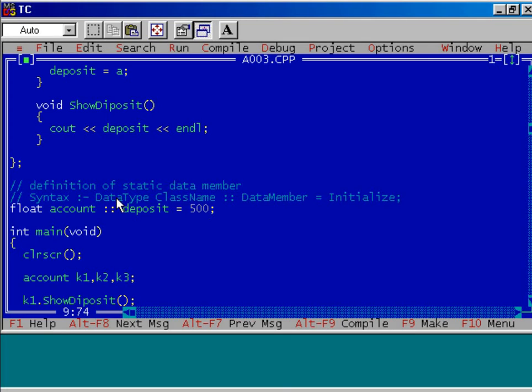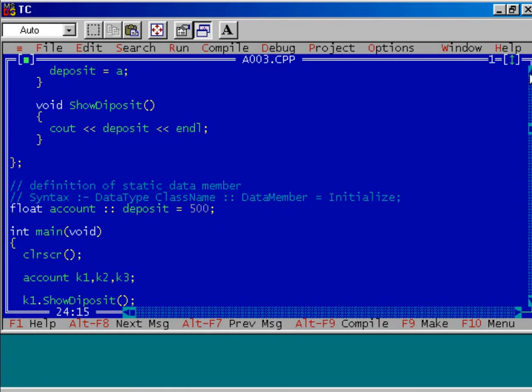The syntax is data type, that is float, class name, that is account, resolution operator, that is this one, then name of the data member, that is deposit, and if you want to initialize it, then assign the value. After that, semicolon.